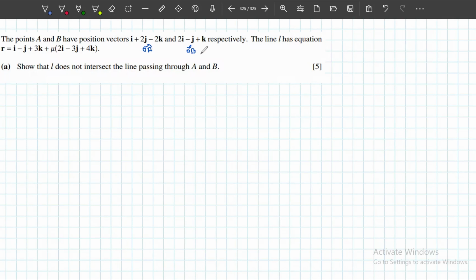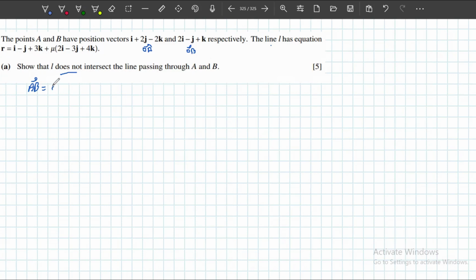So if we have these two position vectors, we will find out the direction vector, which is AB, and later on we will say what the L equation is, and then we will compare with R by making the parametric equations to show that L does not intersect the line passing through A and B. So as we know, AB